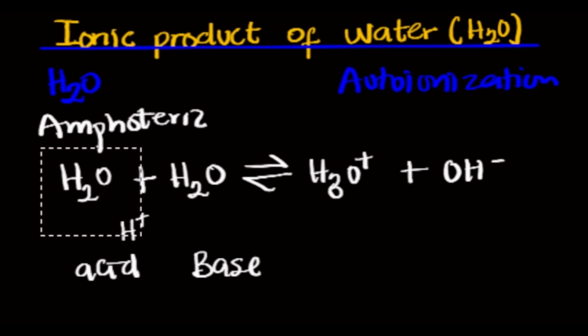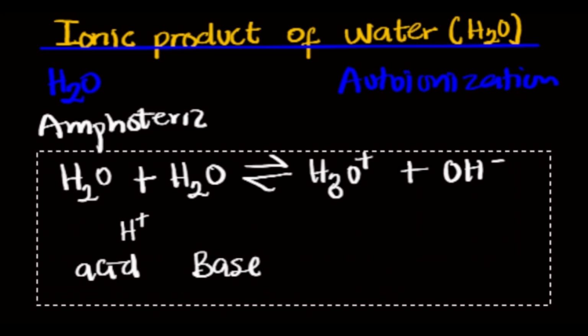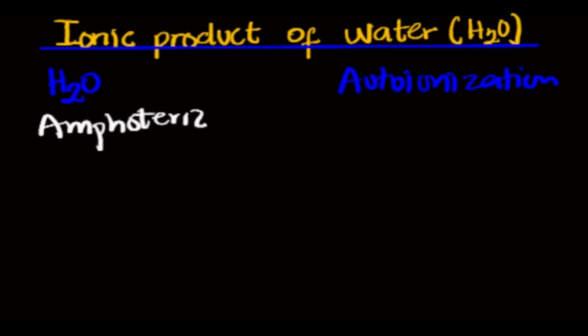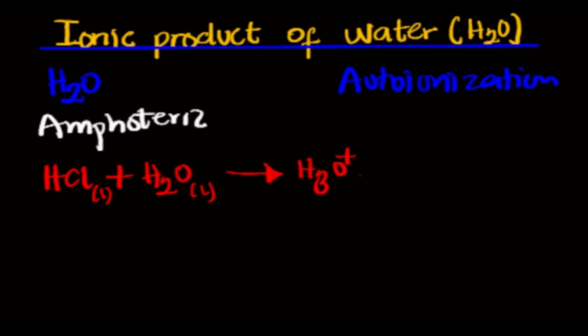Then I'm going to write some equations to demonstrate the properties of water when it is accepting a proton and when it is donating a proton. Now suppose we have an acid. Let's say we have a weak acid HA, or basically let me just use hydrochloric acid, which we are all familiar with. Let's say we are reacting hydrochloric acid with water here. So this is in its liquid form, and this is also in its liquid form. They react together to produce H3O plus, which is the hydronium ion, in its aqueous state,